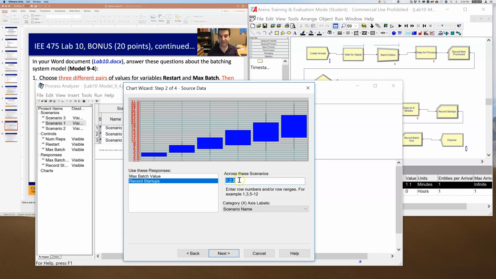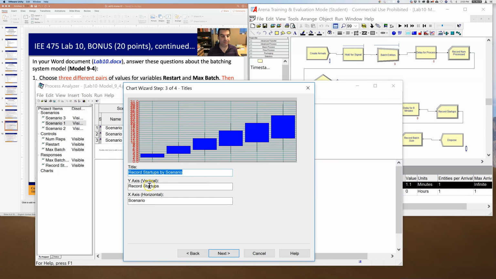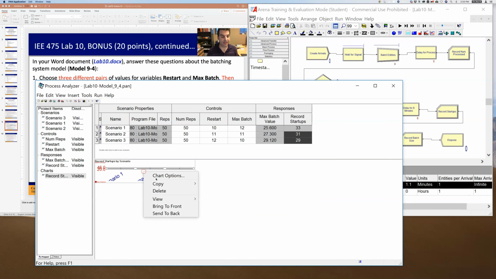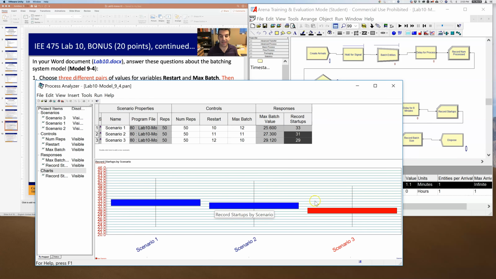And across these 3 replications, scenario name, that looks fine. Identify best scenarios, smaller is better. If I hit show best scenarios, it looks like it can discriminate now. So if I end up making this big so I can see it, then now I see that scenario 1,